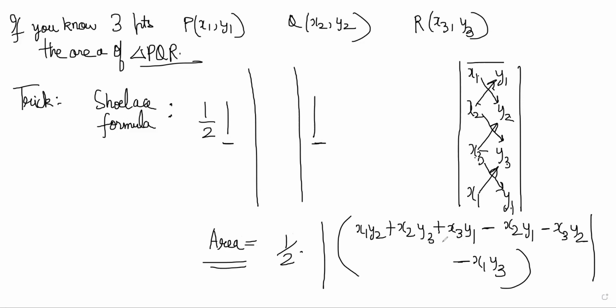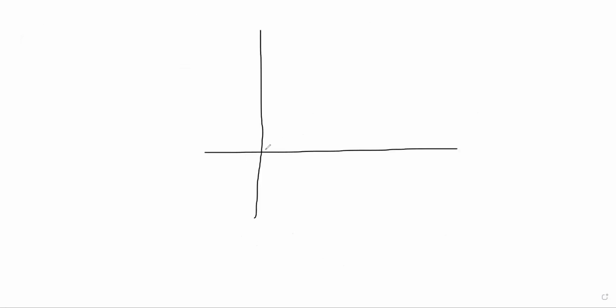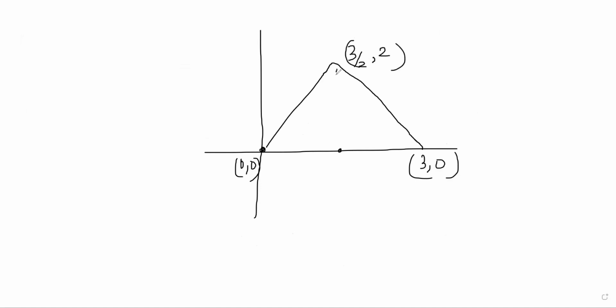Okay. So we can confirm that in a one or two cases. Let's do a couple of cases where we can confirm the area geometrically also. So let's say we have a situation like this. This is 0, 0, and this is 3, 0. And let's say this height is 2. So it is 3 by 2, 2, right? It's an isosceles triangle, I'm saying. I have just drawn from the midpoint, I have drawn height 2. So area of the triangle is obviously half into 2 into 3, right? So area is equal to 3.